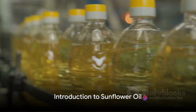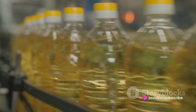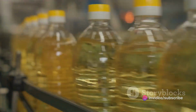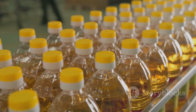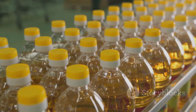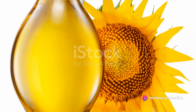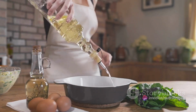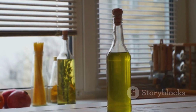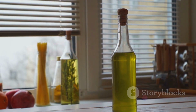Have you ever wondered how sunflower oil, a staple in many of our kitchens, is made in large quantities? Sunflower oil is more than just a cooking essential. It's a versatile ingredient, playing a starring role in a variety of industries, from food manufacturing and cosmetics to pharmaceuticals and more. This golden liquid isn't simply chosen for its wide-ranging applications, it's also a favorite due to its numerous health benefits. Rich in vitamin E and low in saturated fat, sunflower oil is a heart-healthy choice that many households